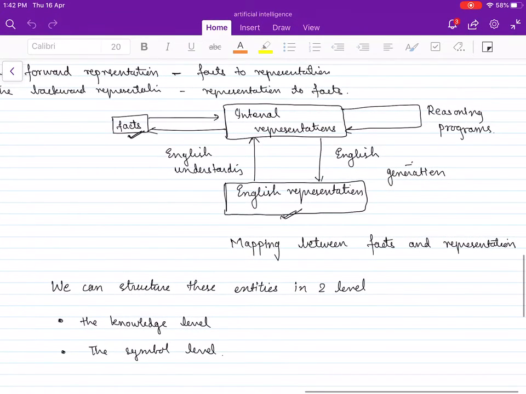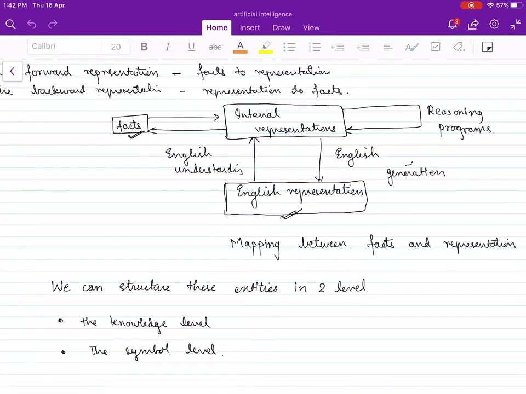So we can structure the entities in these two levels, the knowledge level and the symbol level. The knowledge level is at which facts are described, and the symbol level is at which the representation of objects at the knowledge level are defined in terms of symbols that can be manipulated by programs. Rather than thinking of one level on top of another,